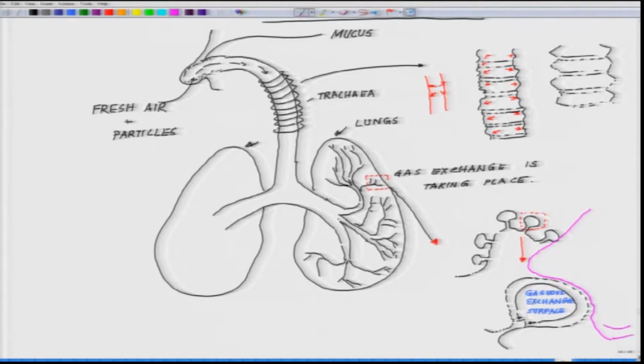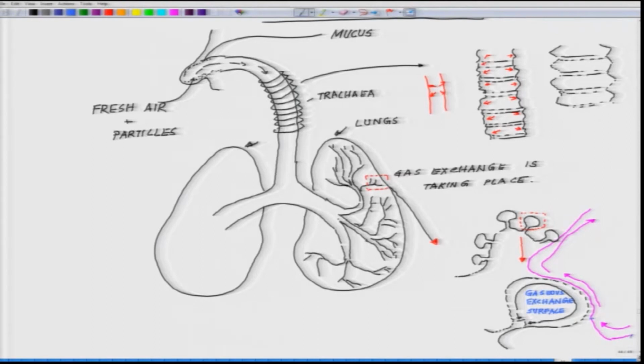So the blood is coming like this. The arrow, the pink color, is showing the blood vessel moving like this, and it leaves the site like this. Now the blood which is coming, as the arrow approaches towards this gaseous exchange surface, this blood which is coming